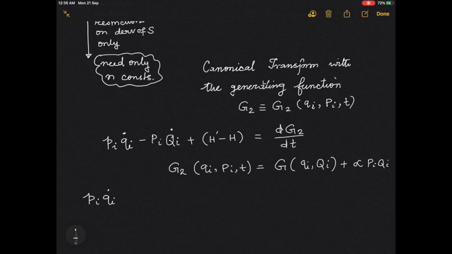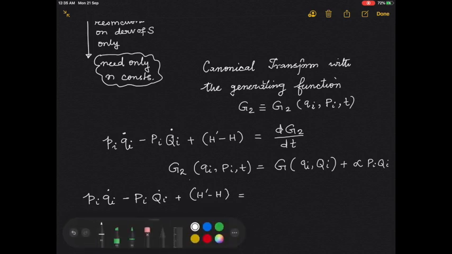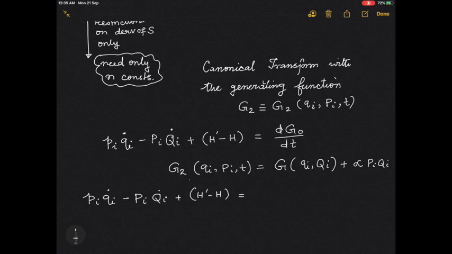And what I calculate dG2 and keep it back here, so I get pi qi dot minus capital Pi capital Qi dot plus H prime minus H, and in the right hand side I get this minus that. The right hand side is not supposed to be this, so let me correct myself. This is supposed to be G0, so I replace this G0 there. So what I get is